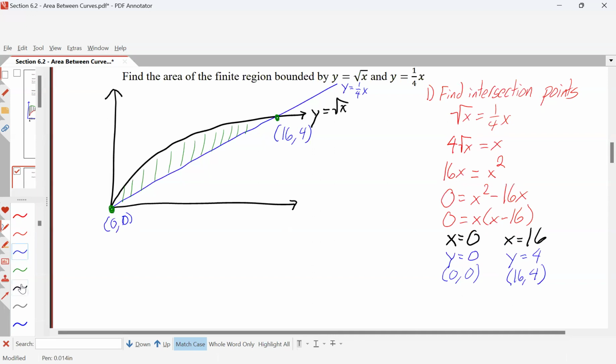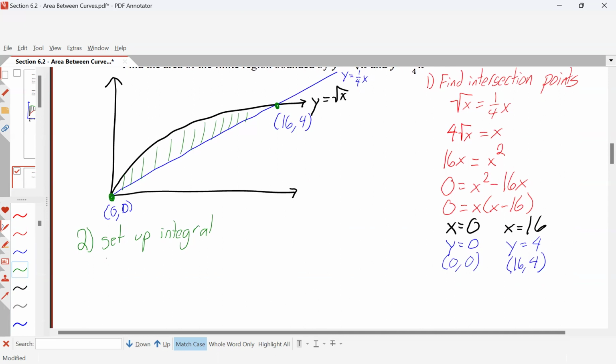Now, we actually want to set up our integral to find the area. And the area between two curves, between 2 points, x equals a and x equals b, is going to be the upper function in terms of x minus the lower function in terms of x. So we are looking at the integral between the x coordinates 0 and 16. So 0 to 16